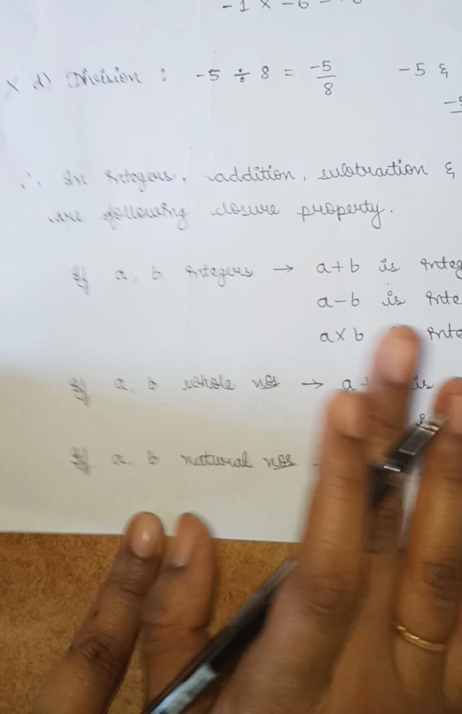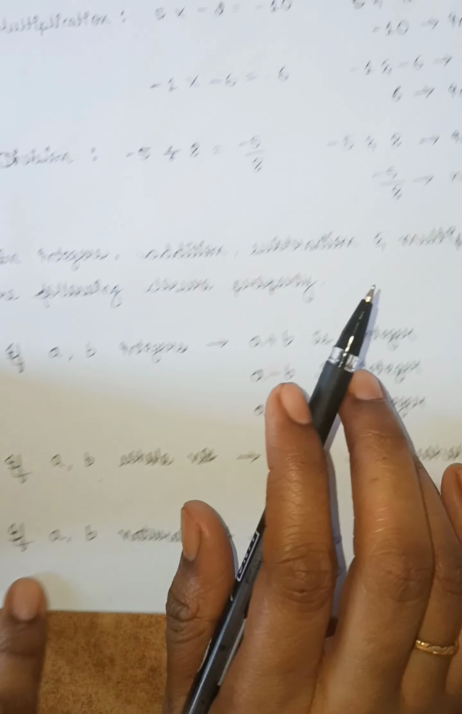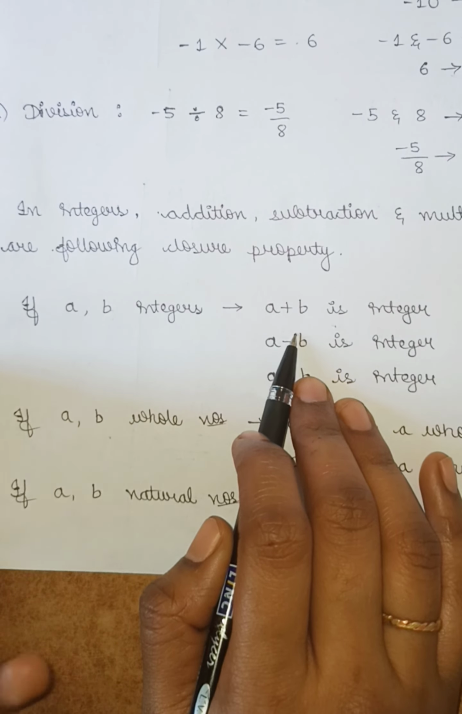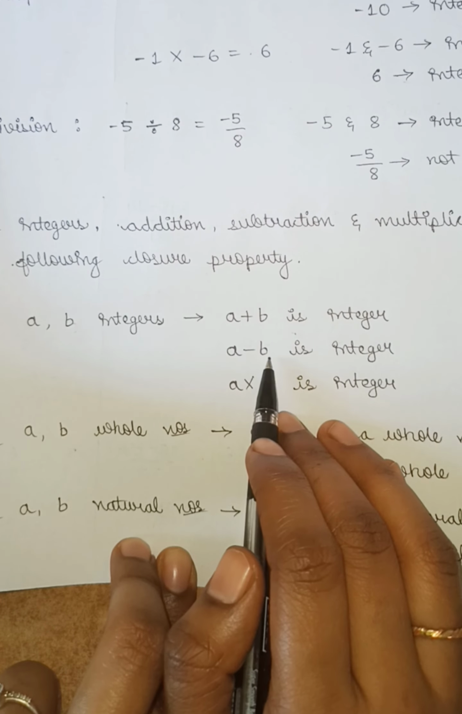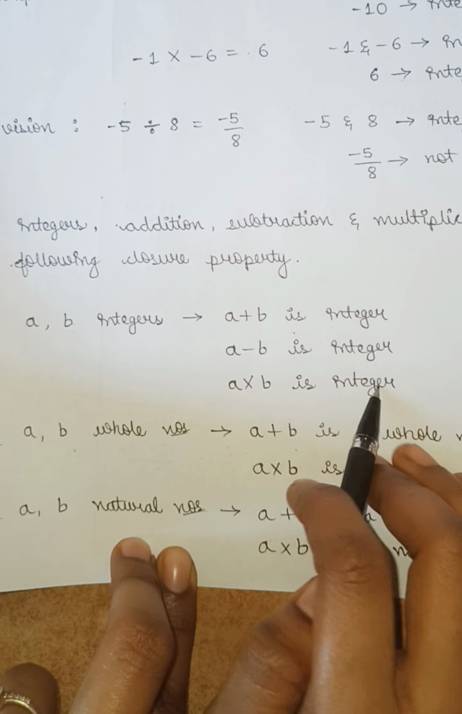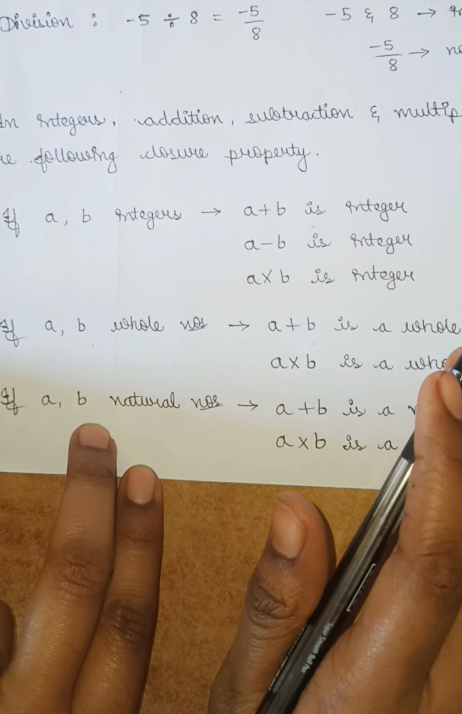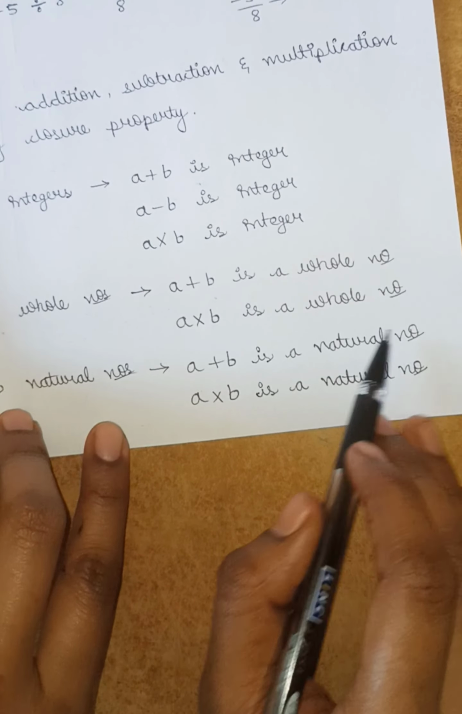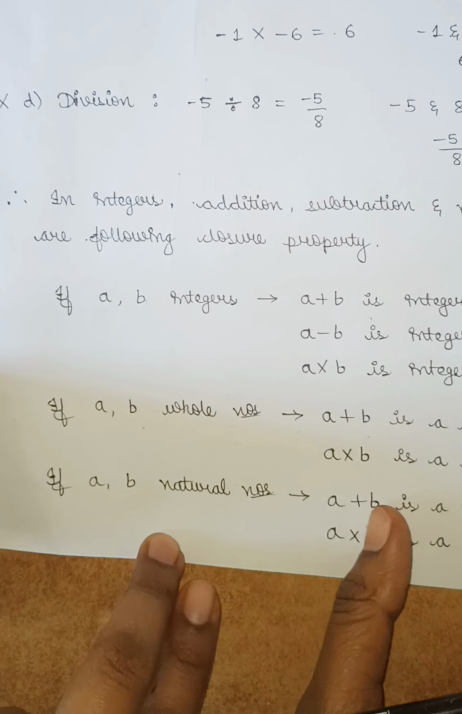And let's revise it once again. If a and b are integers, a plus b, the addition is followed under closure property. So a plus b is also an integer, a minus b is an integer, a into b is also an integer. For whole numbers, only addition and multiplication is followed under closure property. So a plus b is a whole number and a into b is a whole number. Same goes for natural numbers. Let's see